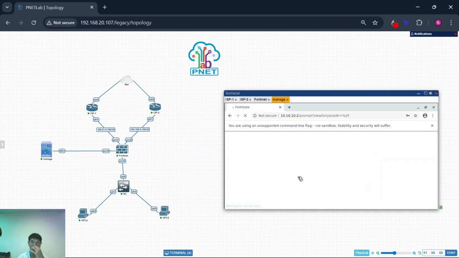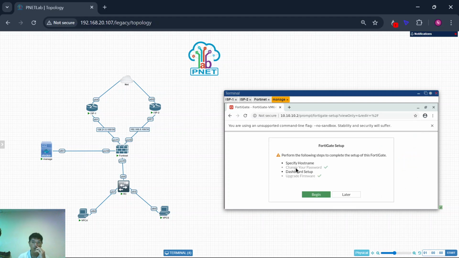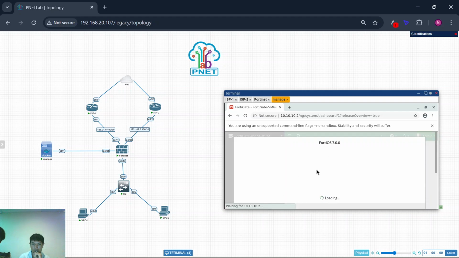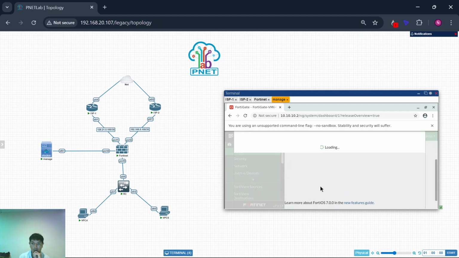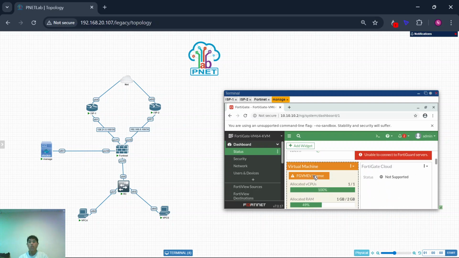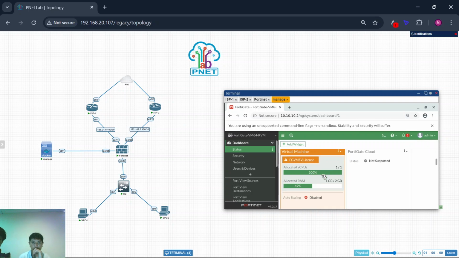This is the default password. This is the password I configured from this device. And first, you must set up your device. So I think later, and you can scroll down and click don't show again. Okay, yeah, this is the web GUI from the FortiGate device.